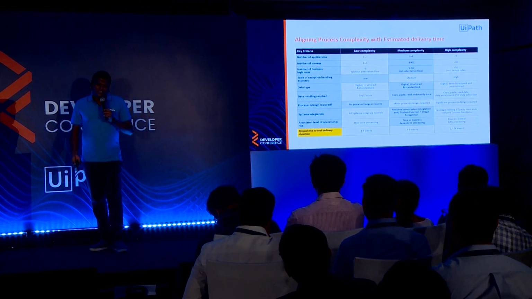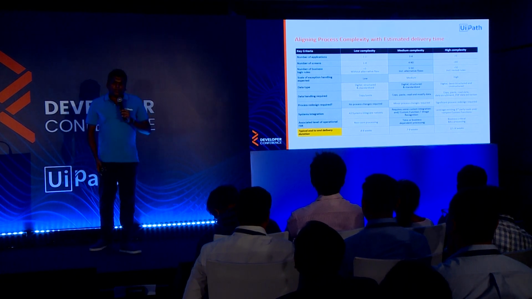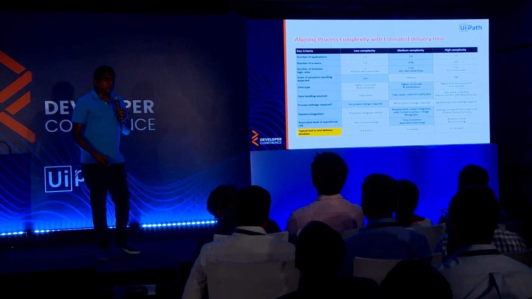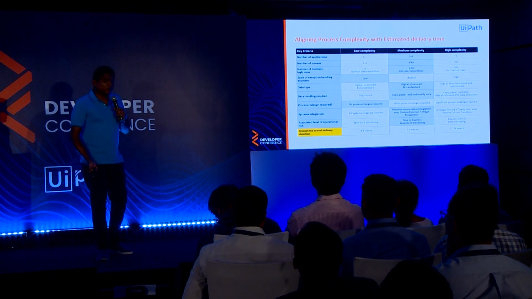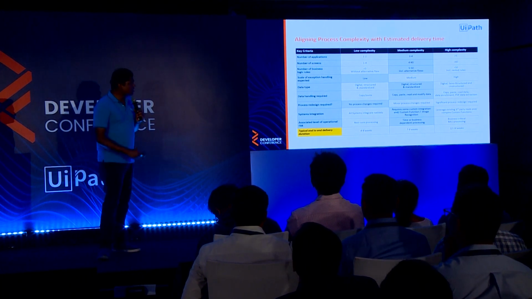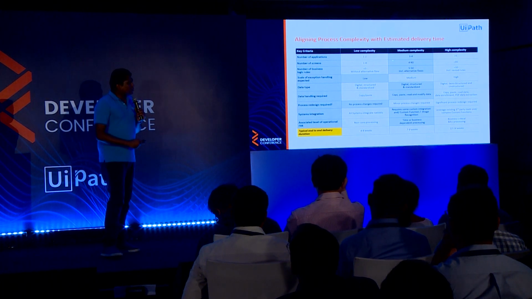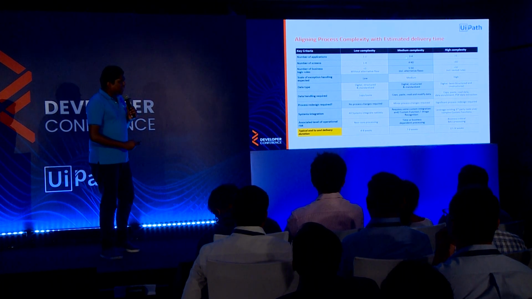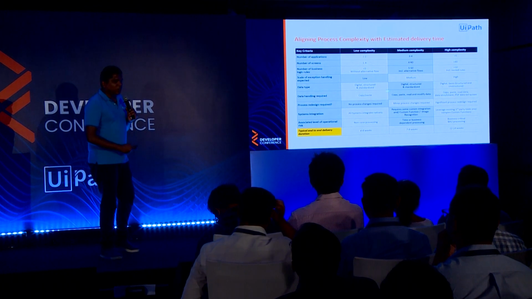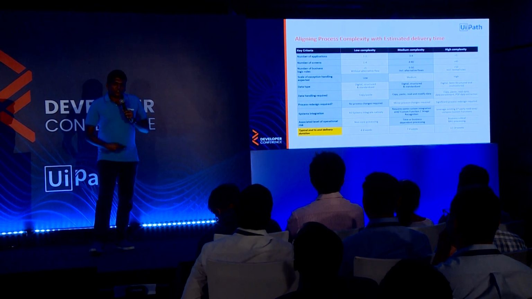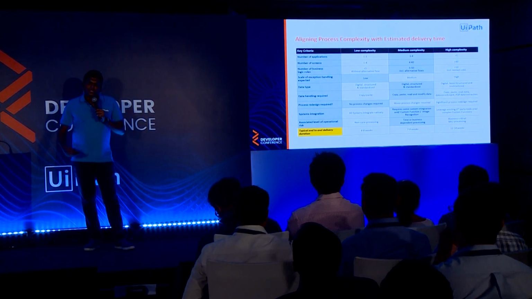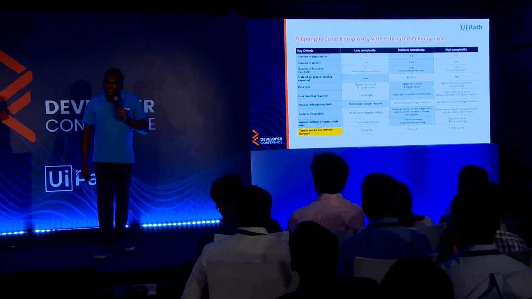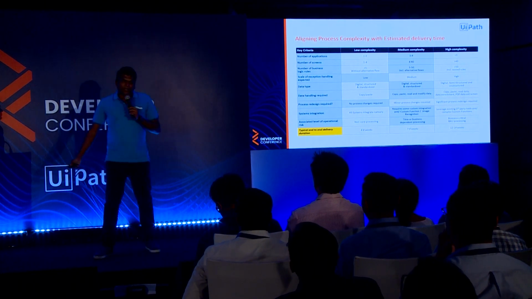So in this case, at a larger level, what we need to do is understand what takes more time for us to develop a specific process. We can align weightages to these factors, and we can do a sum product of what we think would impact the complexity of the specific process, and we can arrive at the complexity level, and similarly the complexity timelines.